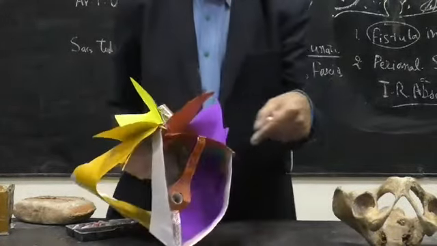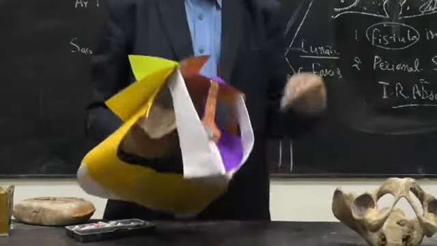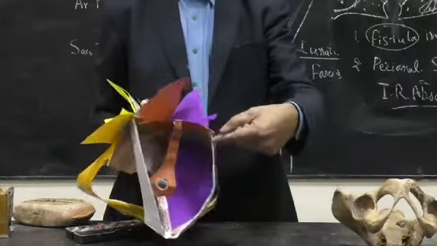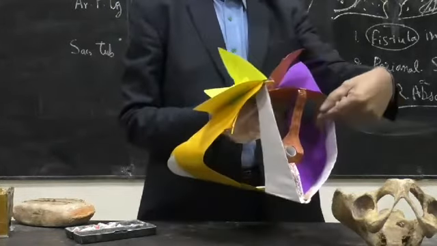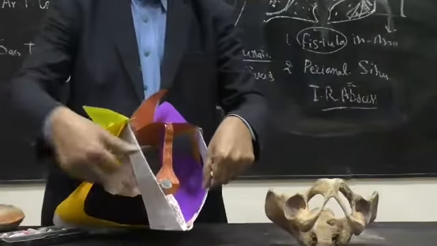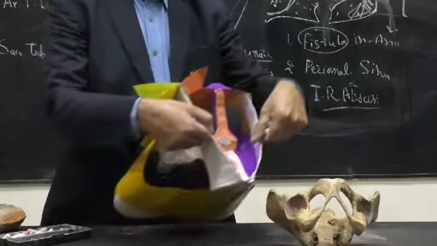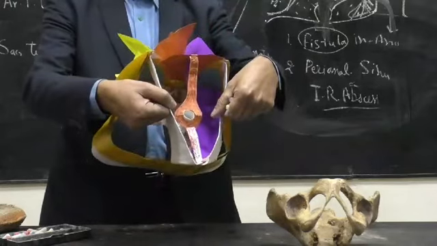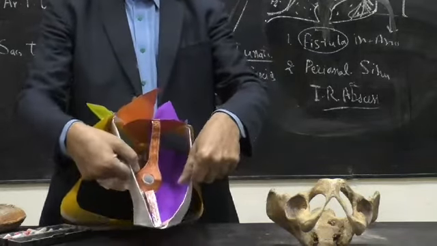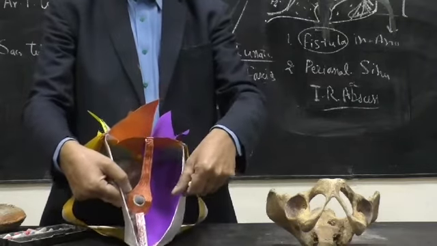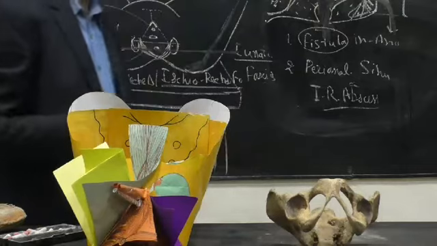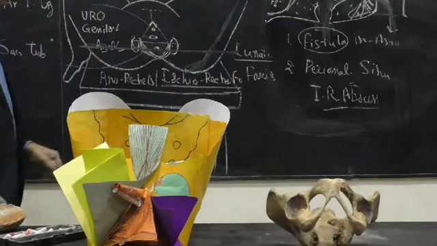And this purple color is the lunate fascia. On this side we have removed the fat. After removing the fat, we see the lunate fascia in this anal triangle. On either side, this is the sacrotuberous ligament forming the boundary of what is called the anal triangle. So we have removed the skin, superficial fascia, and the deep fascia. So that is the anal triangle. Now we switch on to the next part, that is called the urogenital triangle.